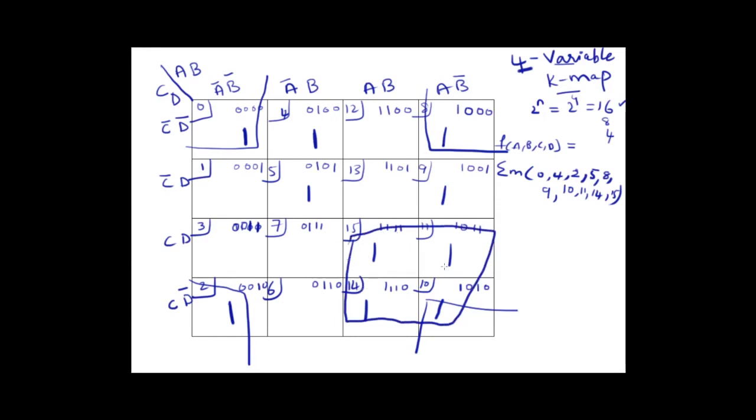Next, after this, again I should check for any 4 ones combination. Can I do any 4 ones combination? No, there are no 4 ones left over. Actually even here there were no 4 ones left over, but there were 3, and with the help of 1 I can reduce the number of literals. So I made it a 4-1 group.